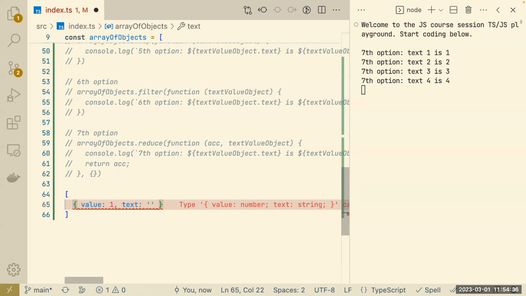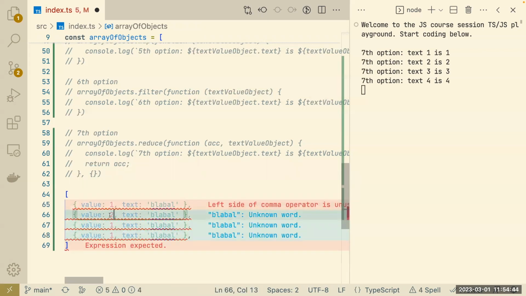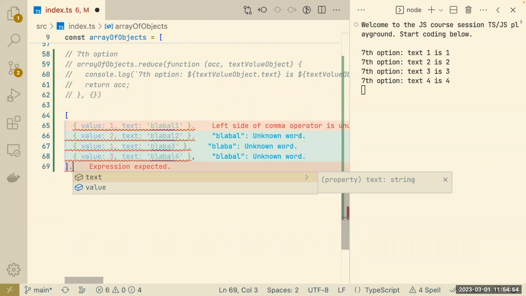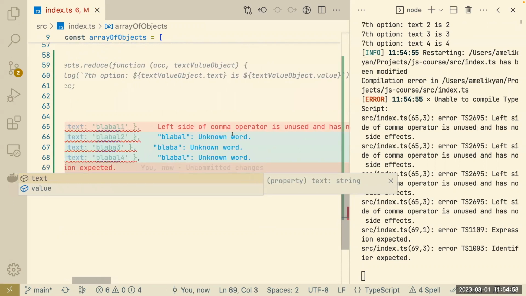Value one text blah blah. Okay. So whatever it is. Now 2, 1 and 3. Blah blah 1, blah blah 2, blah blah 3, blah blah 4. Okay, so let's side of that column is